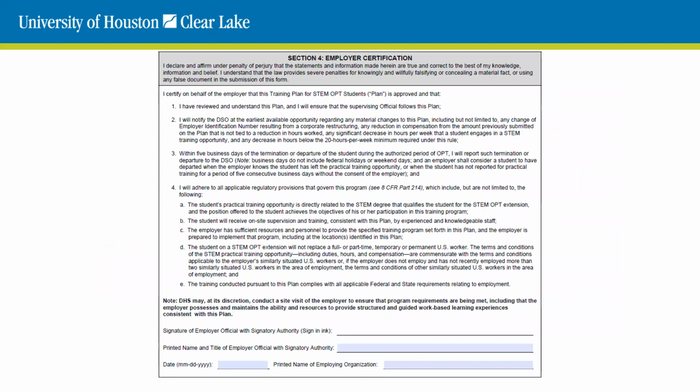Your employer will determine who is eligible to sign Section 4 of the Form I-983. This could be a different person from Section 6. For example, this could be a human resources manager or your supervisor. Pen ink signatures are preferred by the Student Exchange Visitor Program. However, due to the remote nature of many employers, digital and DocuSign signatures can be accepted.